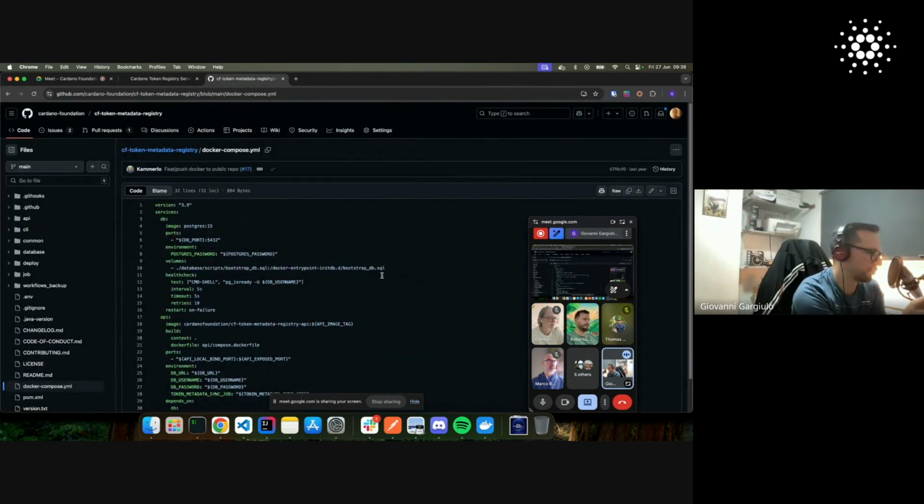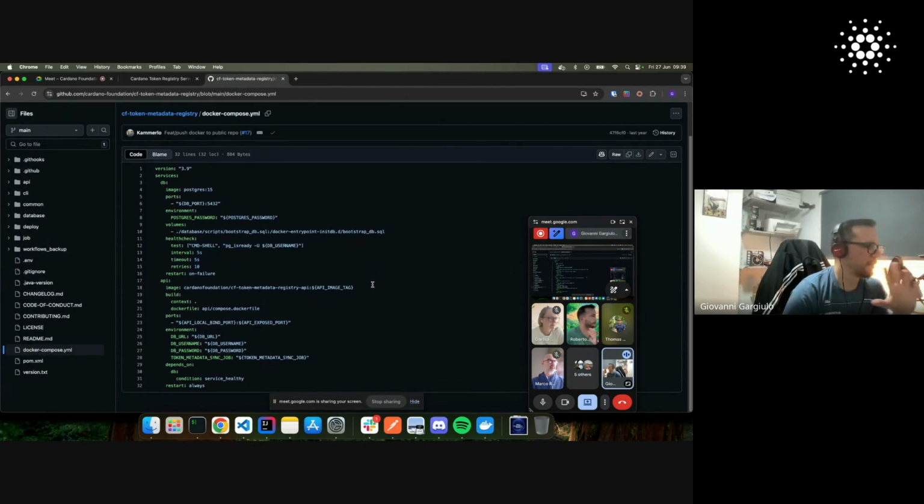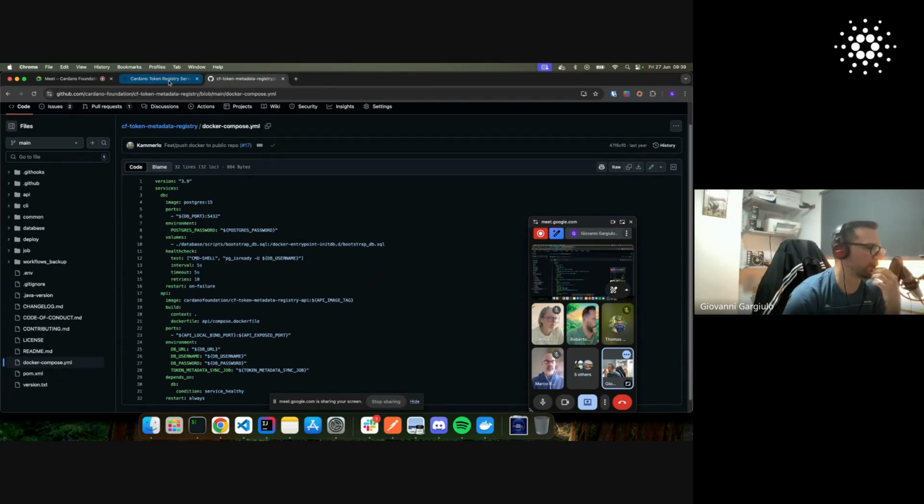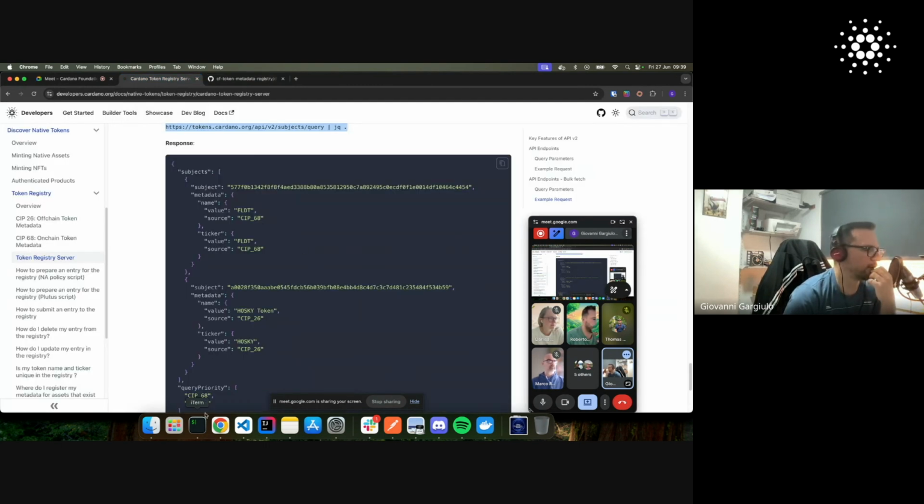While we suggest you play with it and run your own infrastructure with this Docker Compose, if you need to run this for a professional business case, I encourage you to come up with a proper infrastructure solution. This is just a quick start. We would not recommend using this for production purposes, but it's perfect to use this Docker Compose to start playing with it and to operate your own token